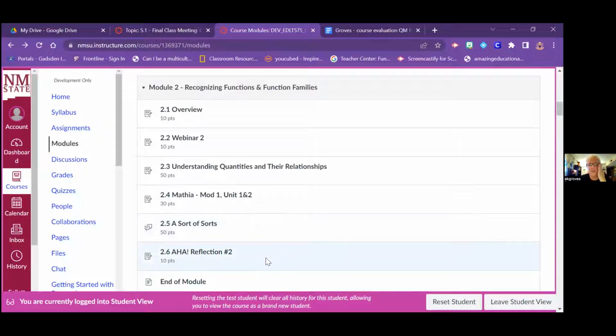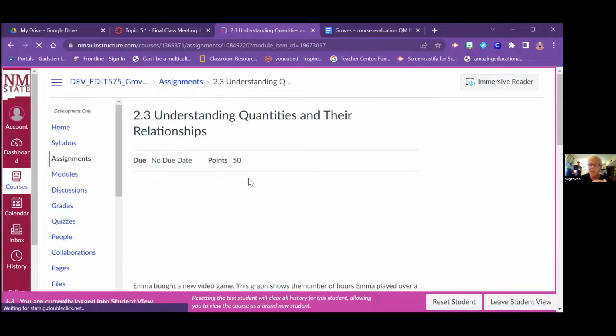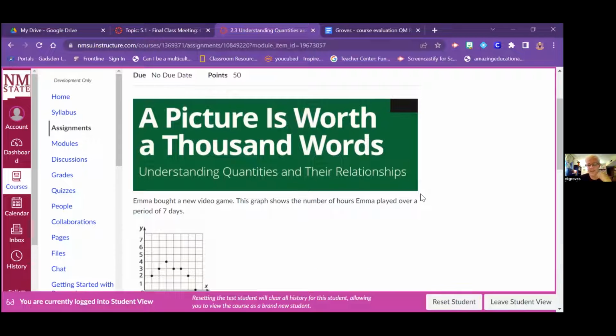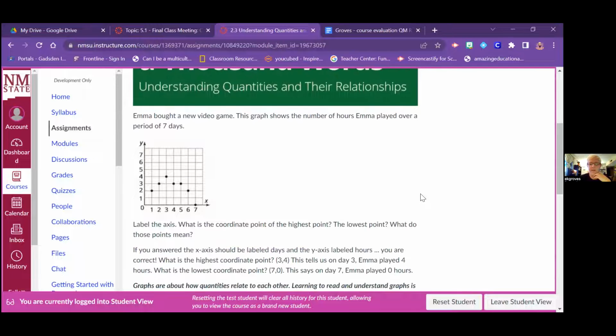Starting with module 2, the format runs exactly the same. We've got the overview. We've got another video that I will post at the beginning of the week. And then there is a lesson. So it's kind of like a flipped classroom idea, in that the students hop into a lesson first. They complete the lesson first, and then they come back into class and we do a discussion and a group activity and stuff.